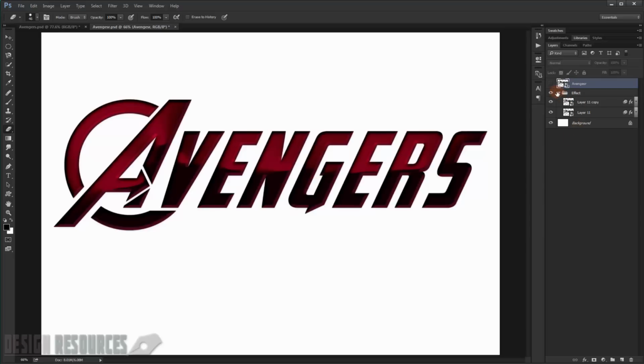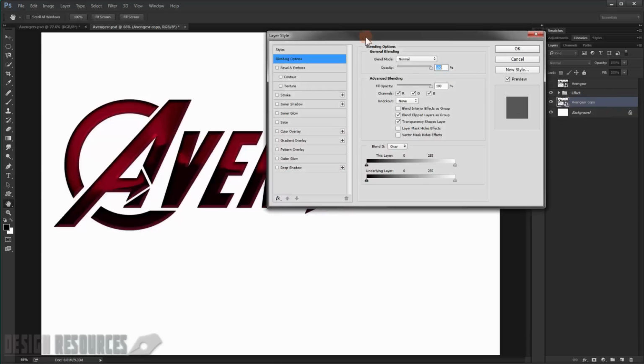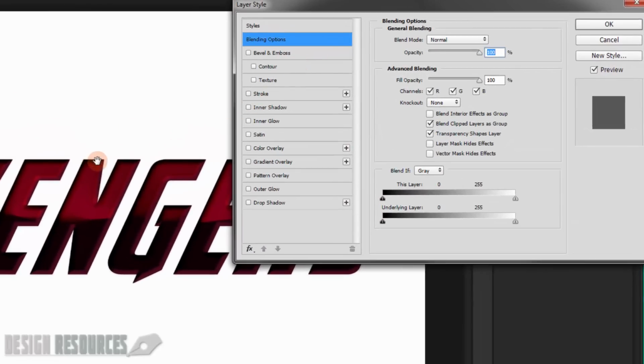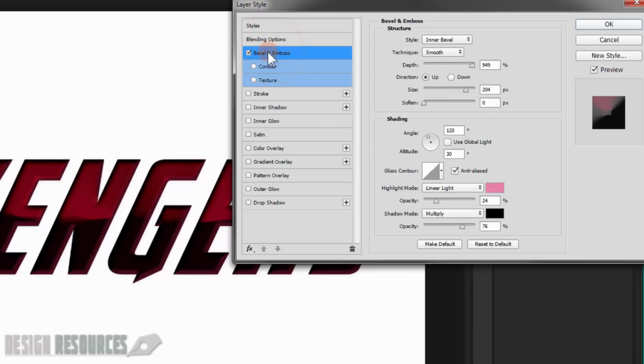Now we just go and we just make a copy of this by pressing Ctrl G, and I will make it under the effect folder in here, and I will just double click to open the layer style dialog. And again, in this one in here, we don't need like to make the fill opacity to 0, so we just go directly to the bevel and emboss in here,